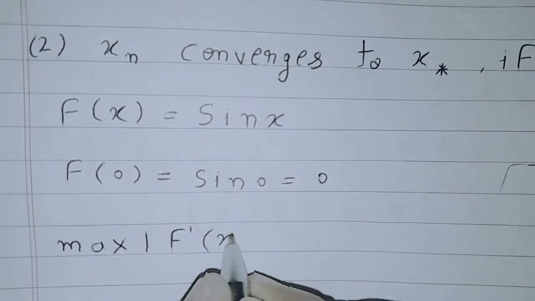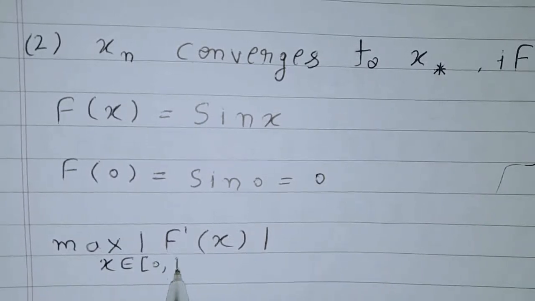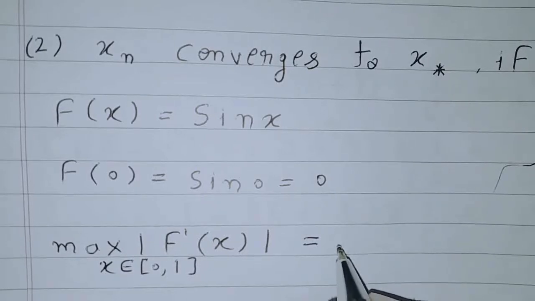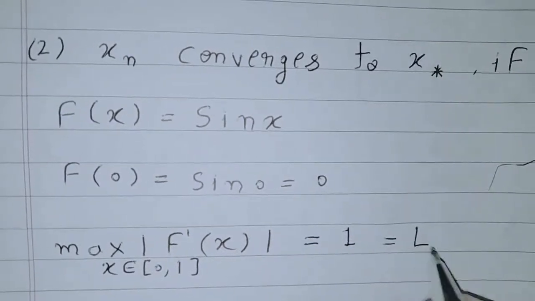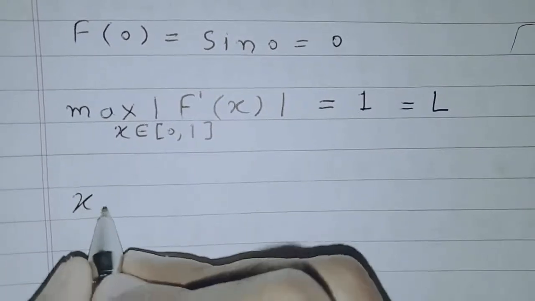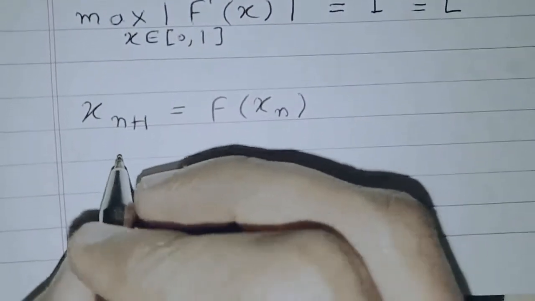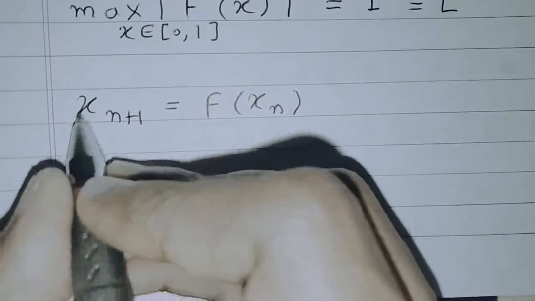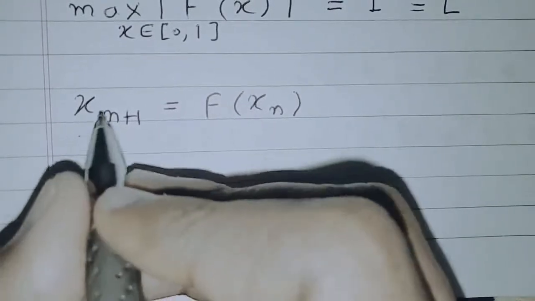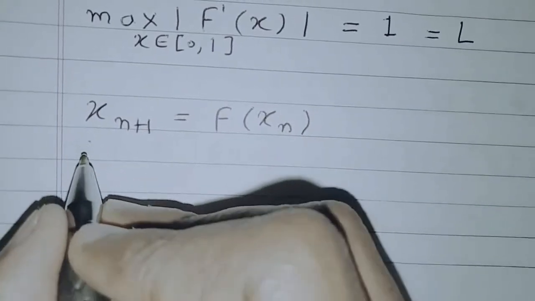of the derivative of this function over the interval will be easily seen to equal 1, and it is equal to L. But now from the iteration scheme we can write the scheme. Now we can see, since 0 is the fixed point, therefore 0 will be a solution for this scheme. And now say if the error in iteration of that fixed point is epsilon n in nth iteration, then we can write it